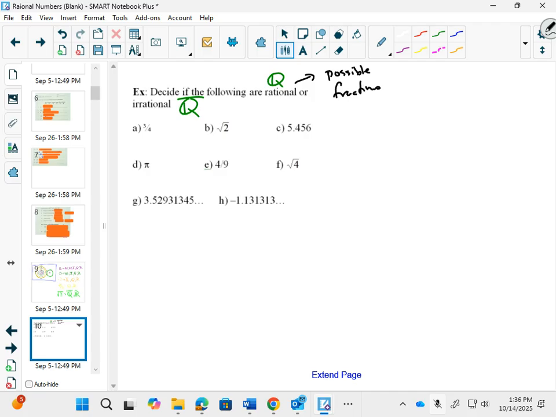Is 3 over 4 a fraction? Yes. That one is a rational number. We're just trying to decide if they're rational or irrational. If you type square root of 2 into your calculator,